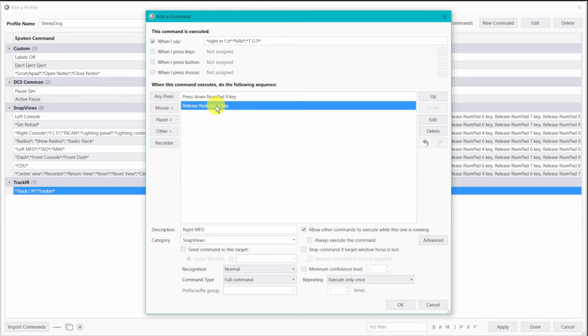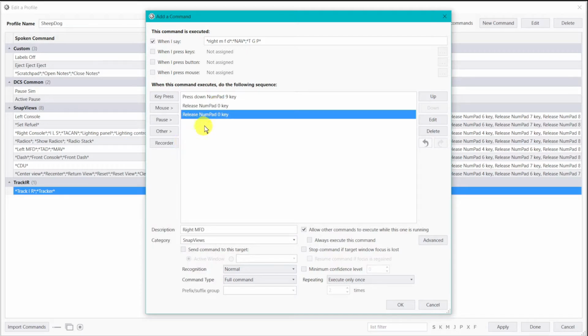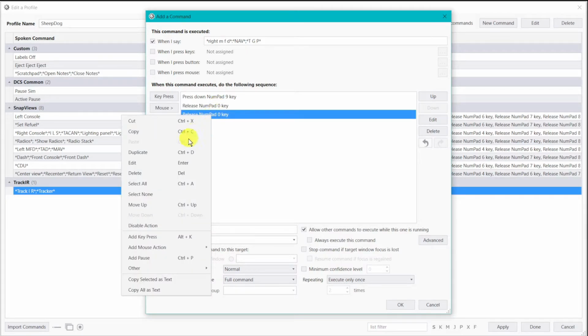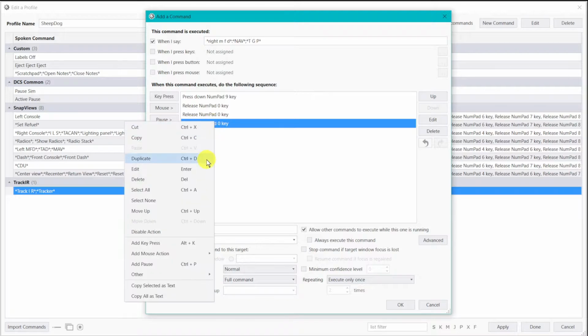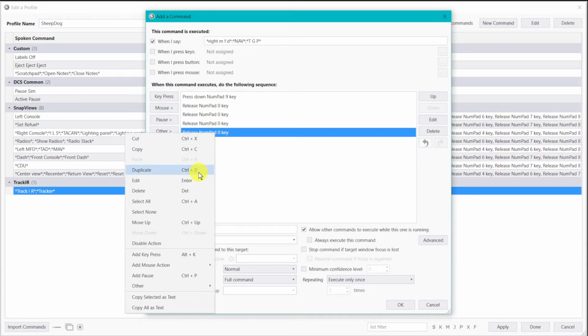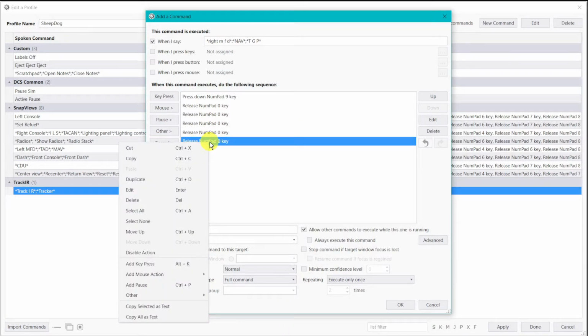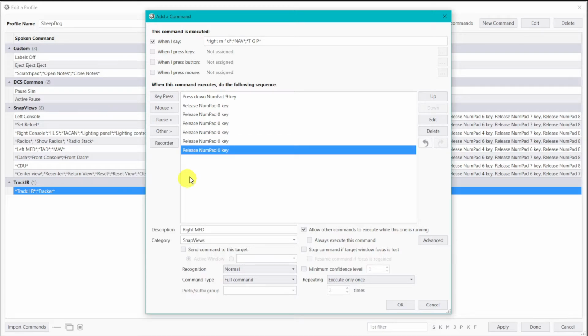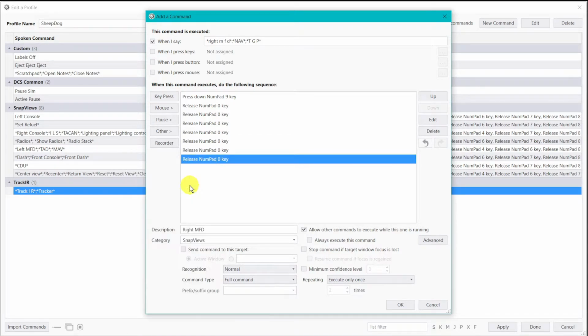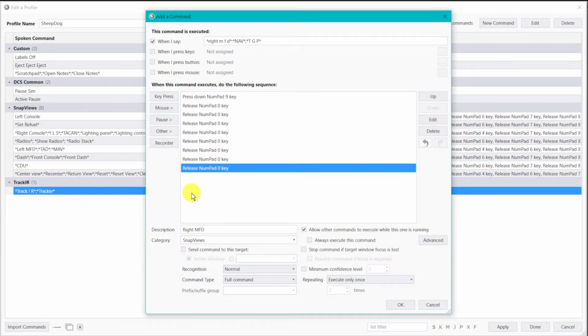So I'm going to just go real easy here and duplicate all these first. So that'll be like view 1, view 2, view 3, view 4. We actually skip the number 5 key. That's a default view, so we don't even use that. So we're going to go to 6, and then 7, and 8, and we don't have to do 9 because that's already here. The next thing you want to do is these are executed in order from top to bottom,